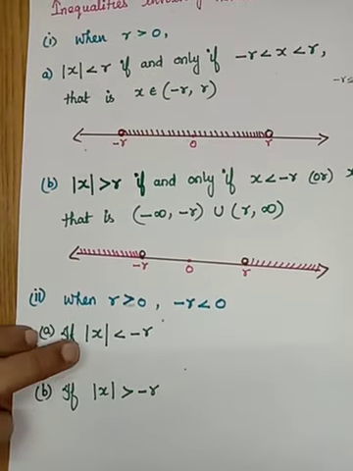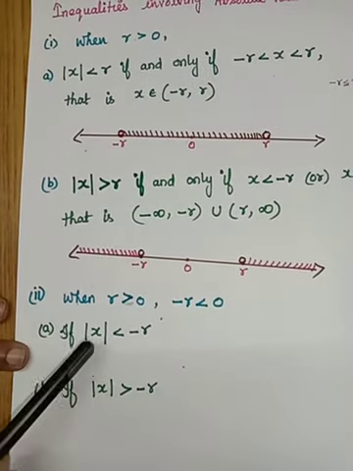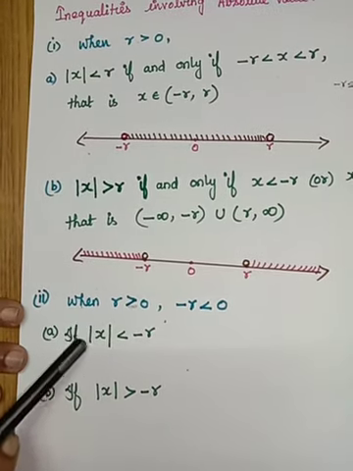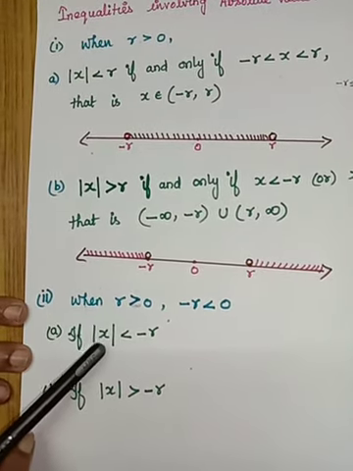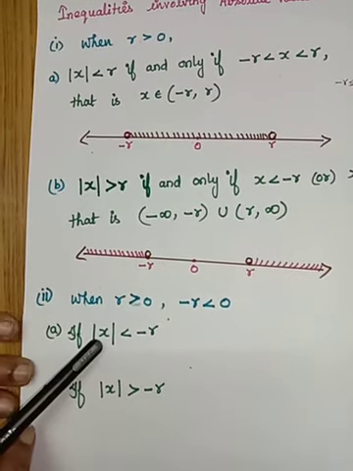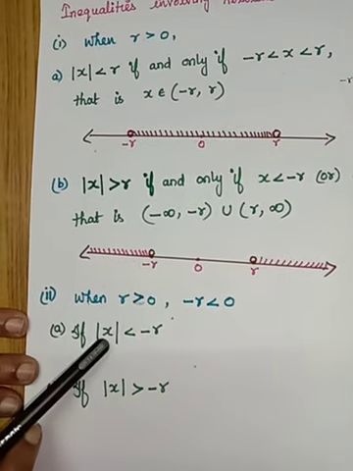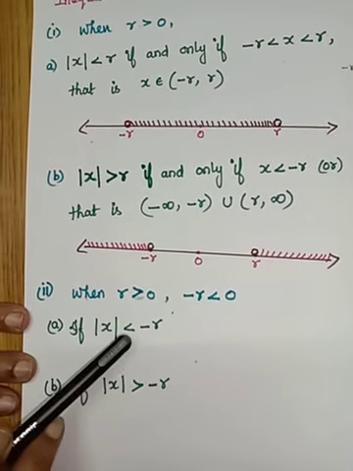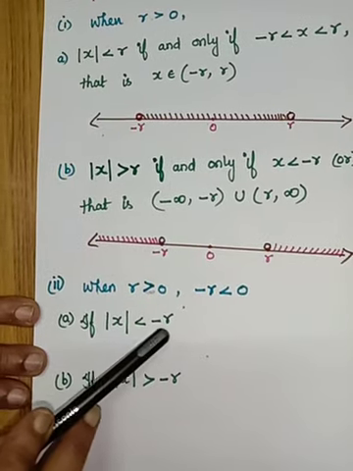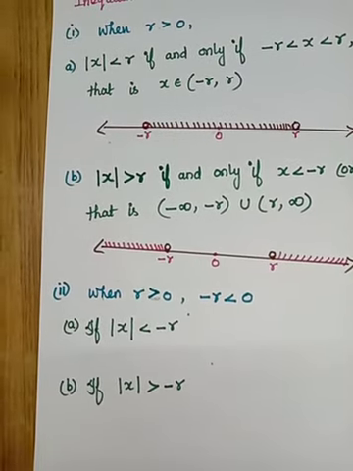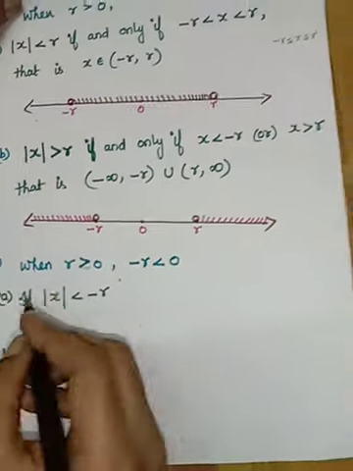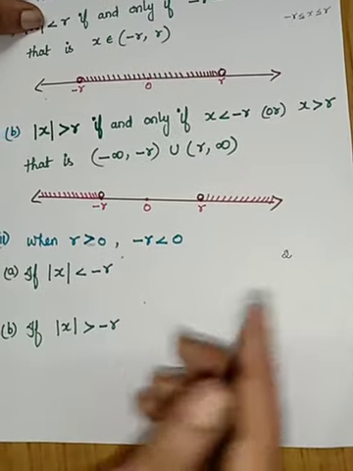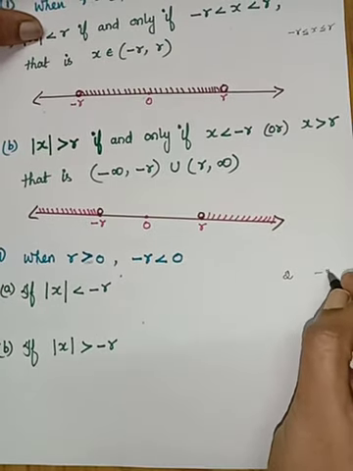Okay. So see that your modulus of x is less than minus r. So modulus of x is the distance of x from origin. So the distance is always positive. So the positive number here, how is it? What they have said is the positive number is less than minus r, the negative number. For example, I'll consider modulus of x as 2. And here minus 2 I will consider.